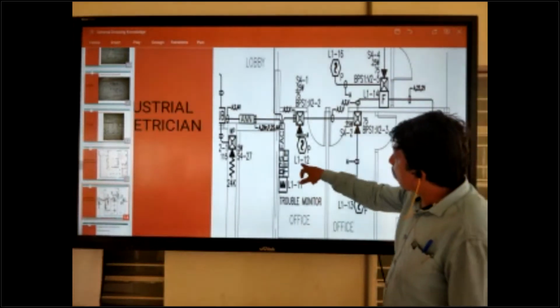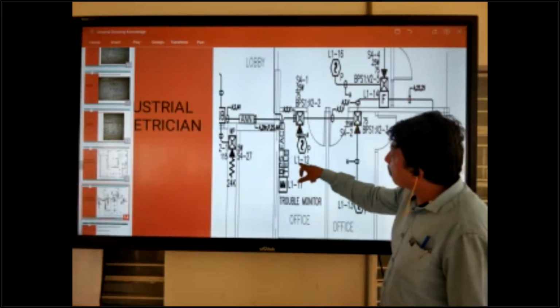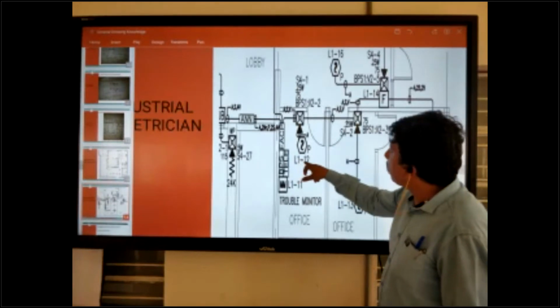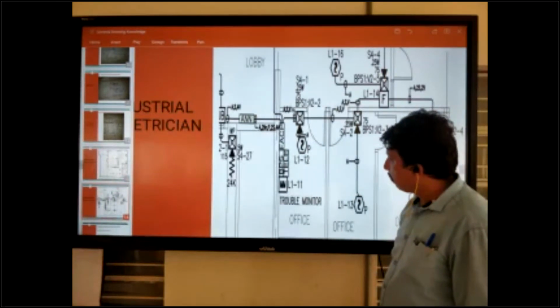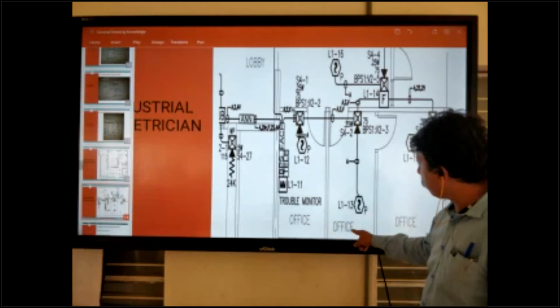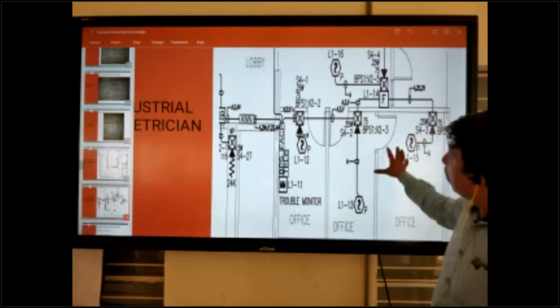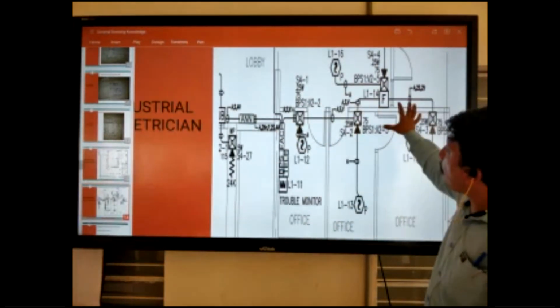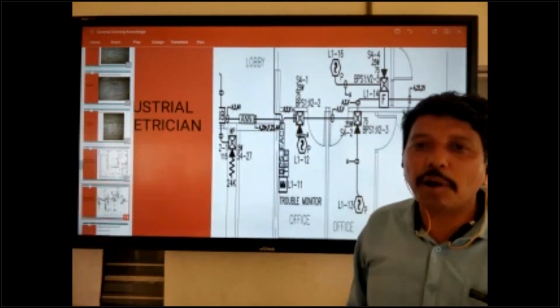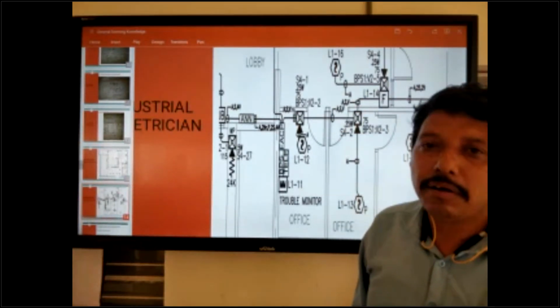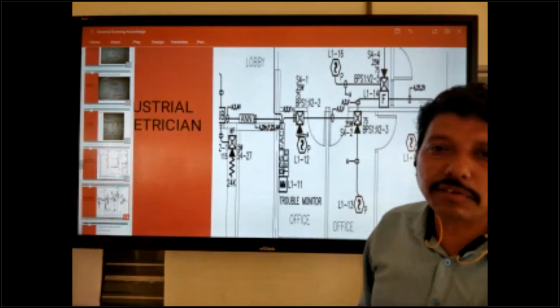So this L1 12, L1 means this is loop 1 and 12 means number of the this smoke detector is 12 number. You see there is writing in office, office, office. This means some office, commercial office or anyone, not using in maximum fire alarm system, not using in residential houses.